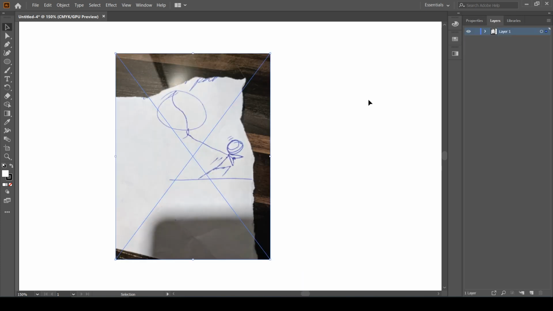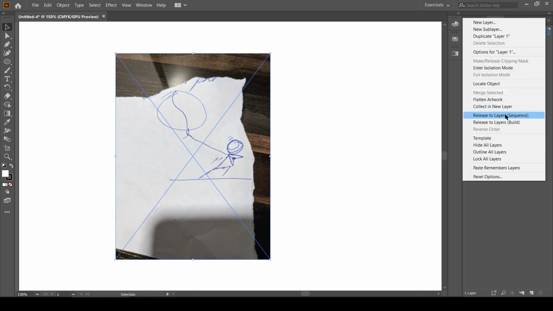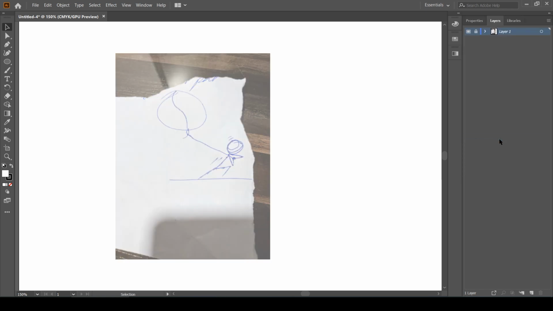So now we will go into the Layers panel and from here we are going to the drop down menu and select the Template option. And by selecting that Template option, there will be three changes. Number one, that my layer is locked. It is locked so I don't accidentally move things while working on it, and it makes the handling a little bit easier, as we have learned in the past that layers make it easier to manage the file.